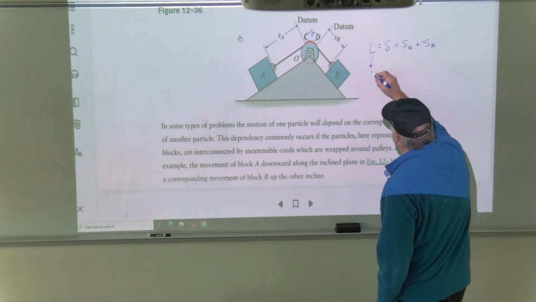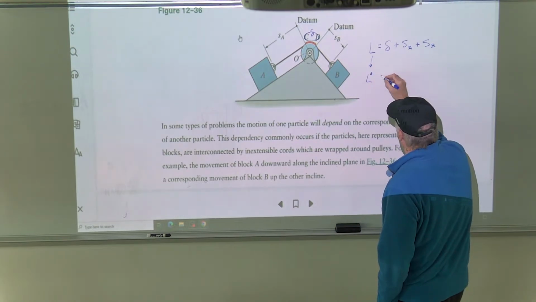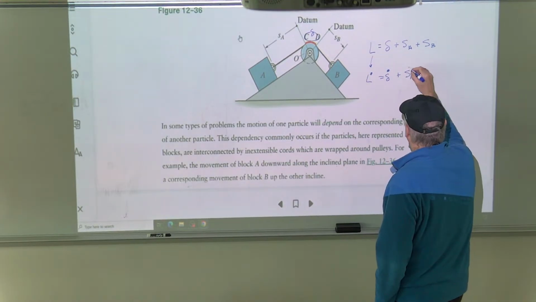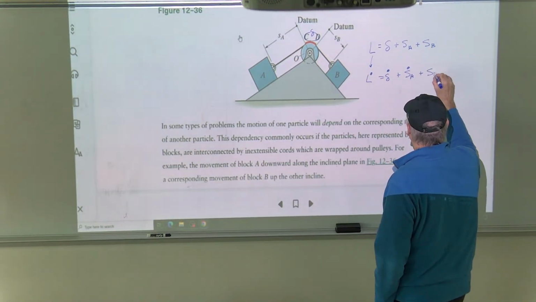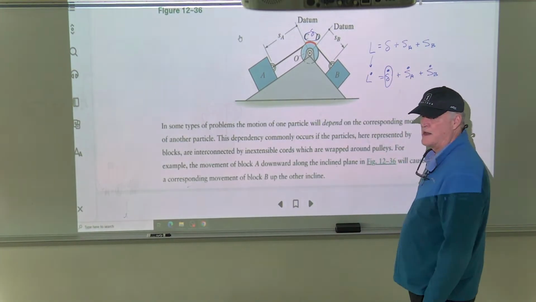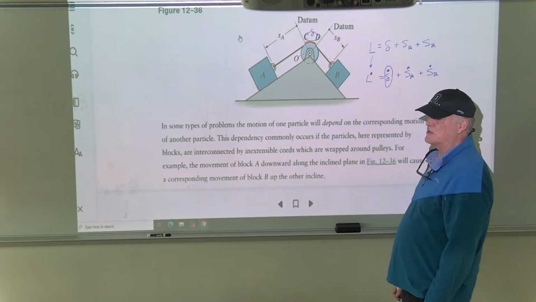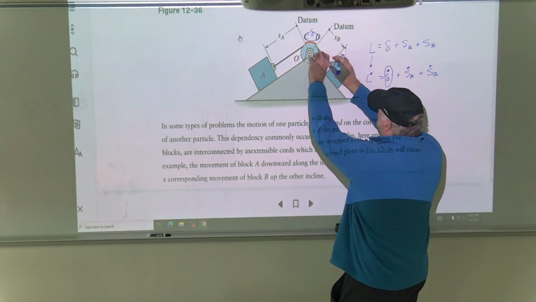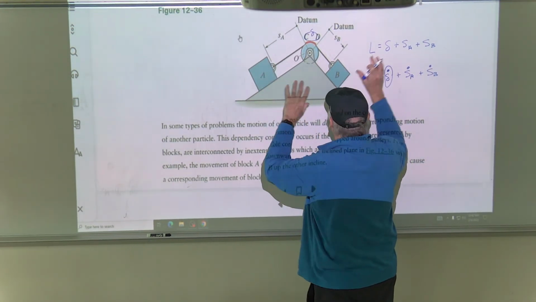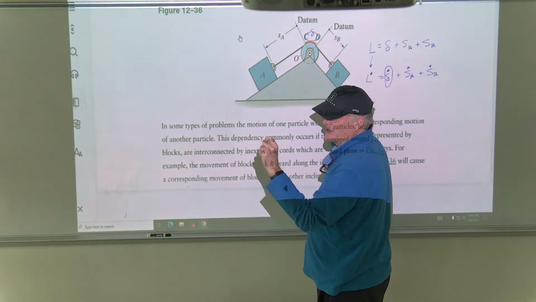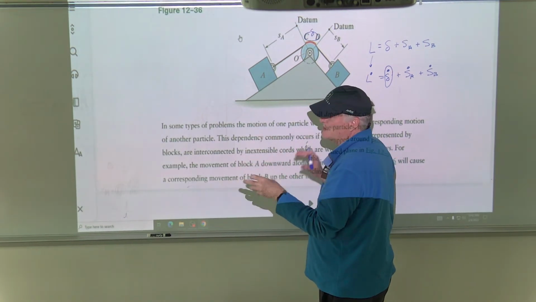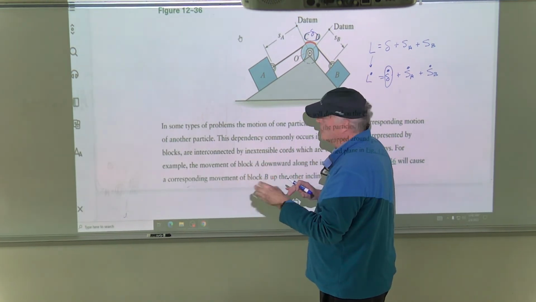Does the length of the rope change with respect to time? And I'm doing the dots again. Does this change with respect to time? And does this change with respect to time? And does that change with respect to time? That's not deformation, that's actually time rate of change. So in other words, there isn't going to be a deflection of the rope, so it's not going to change its length. Okay, you know it will, but in this course, and if you wanted to include that, there are ways to include that.